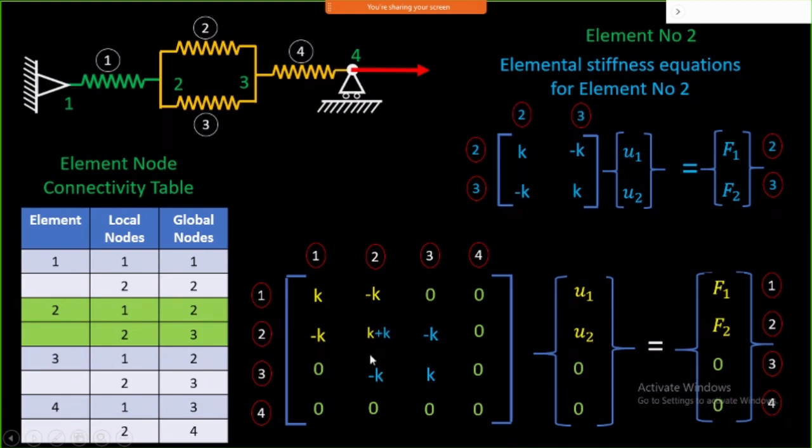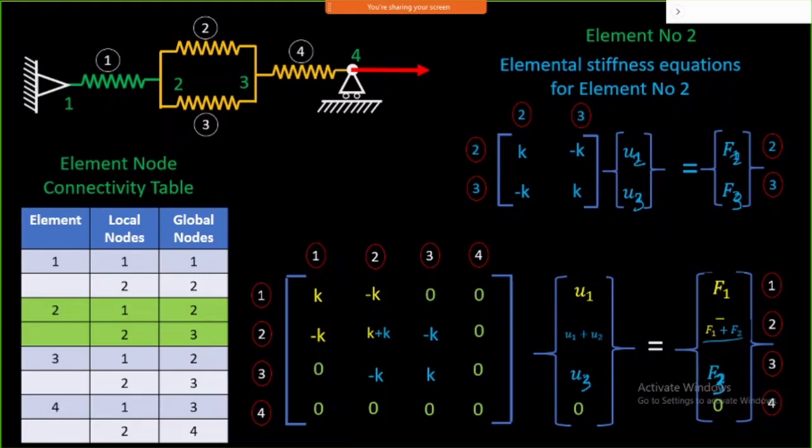So now K will be added here, K, then minus K, this K, K, because it is 2, 3 number and here it is 2, 3 number. That way we have assembled it. In a similar fashion you can look at the displacement vectors also. In the displacement vector, U2 will get added up, and here it should be U3, it should not be U2 but it should be U3. Here it should be 3, here it is 2 because by mistake it happened. Okay, so this is the second element, and here also you are going to add up the forces. This is one force and here it is a 3 number force like this. So this way we have included the second element.